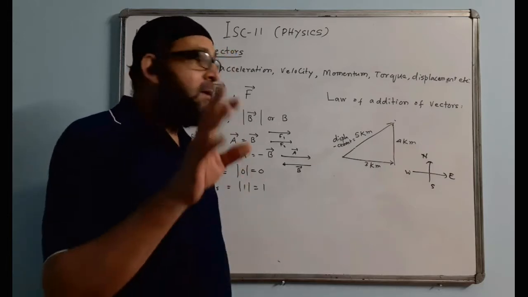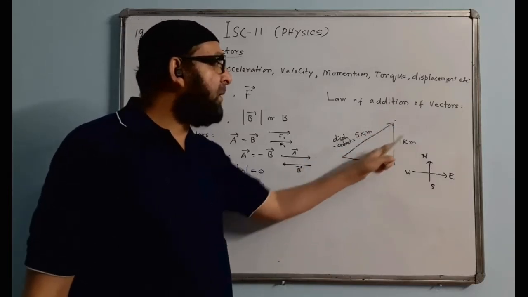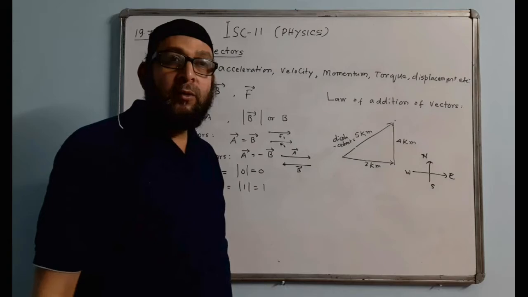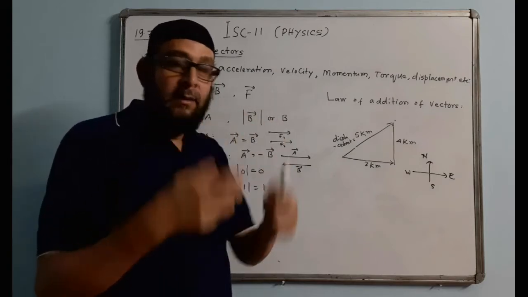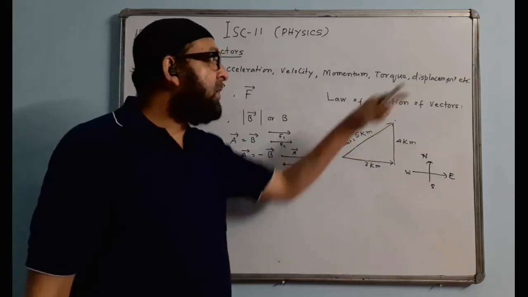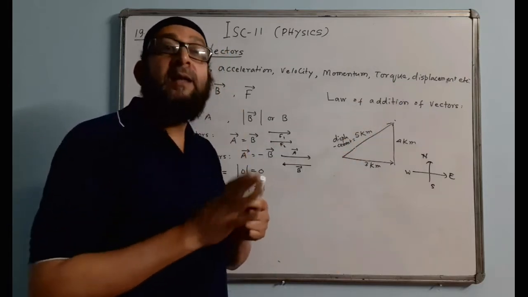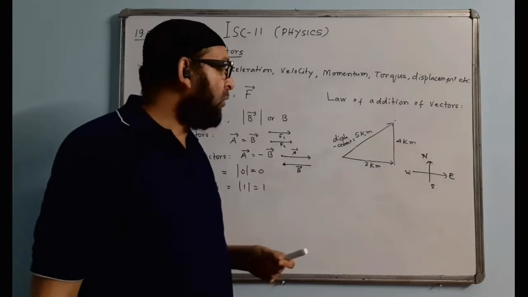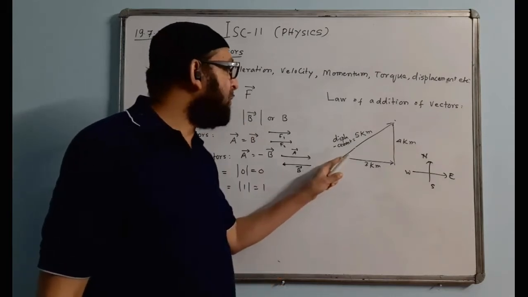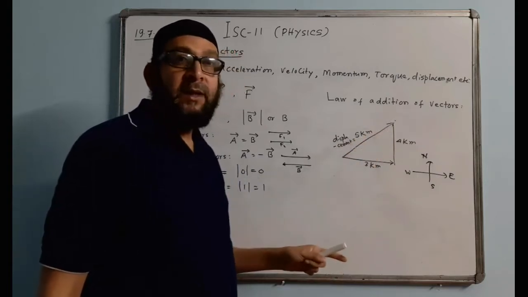So for that we used to do like this. Distance would be equal to 3 plus 4, simple addition, because distance is scalar. Scalar quantities are always simply added, but vectors are not simply added. Displacement is a vector. Displacement is called the shortest distance between the 2 points in a specific direction. The shortest path between the starting point and the ending point is by a straight line joining them.